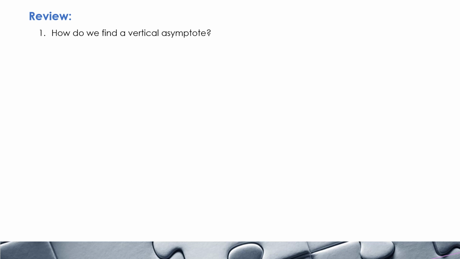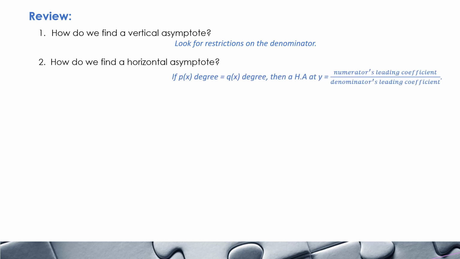A vertical asymptote is found by looking for restrictions on the denominator. How do we find a horizontal asymptote? We look at the degree. If the degree of the numerator is equal to the degree of the denominator, then we divide their leading coefficients, and that will tell us the equation of the horizontal asymptote, which is y equals, because it's horizontal. If the degree of the numerator is less than the degree of the denominator, then we have a horizontal asymptote